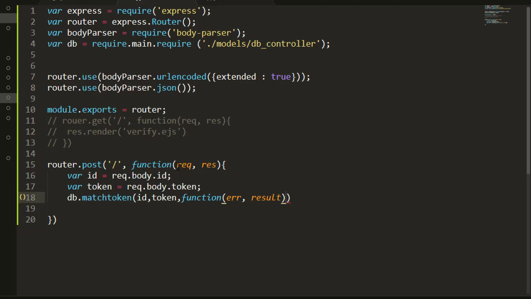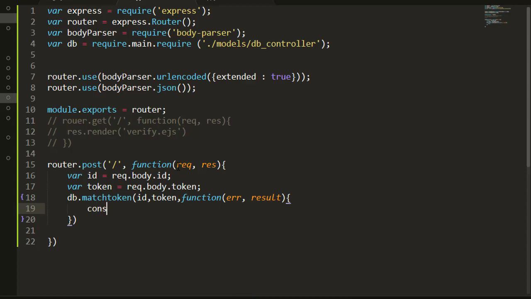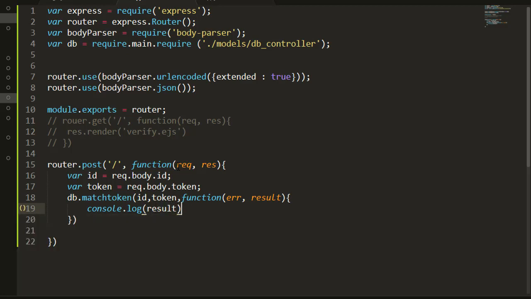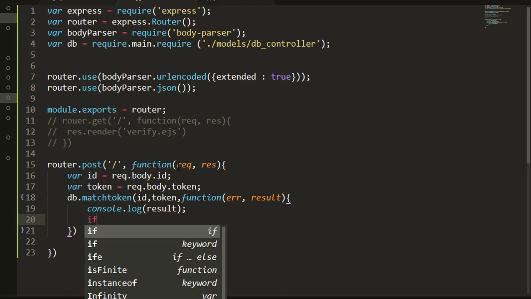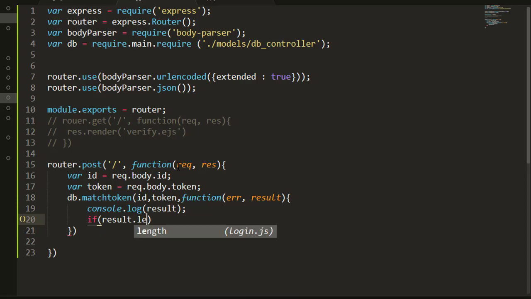Once we've done that, the next thing we have to do is console.log the result. Okay, so now let's proceed. The next thing we have to do now is we're going to say if result.length is greater than 0, then